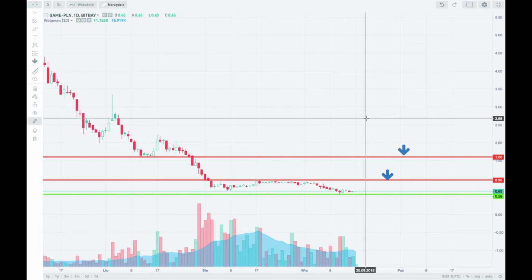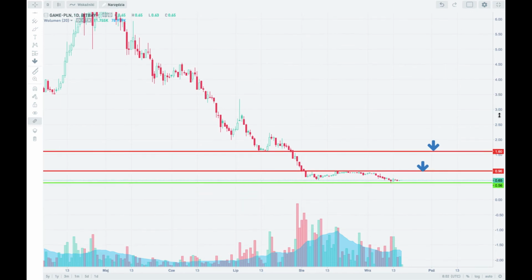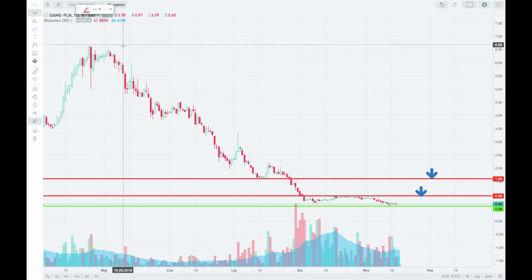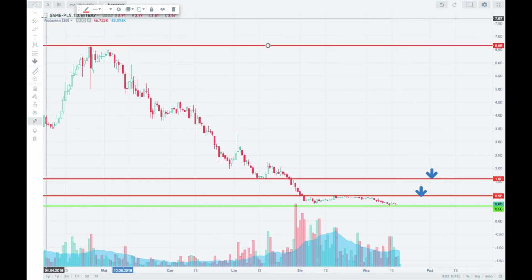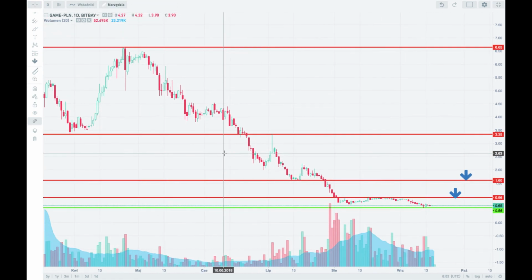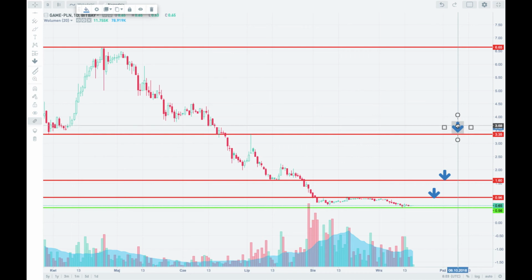But of course, these two levels are not enough for the trend to reverse, because if we zoom out a little bit, you can see that this decrease is pretty decent. The most important level is somewhere around 6.62. This is the game changing level, and before this level there is one more, which is pretty important as well. As you can see, the price reacted here and even here on this level. So we can add one more arrow and leave it here.